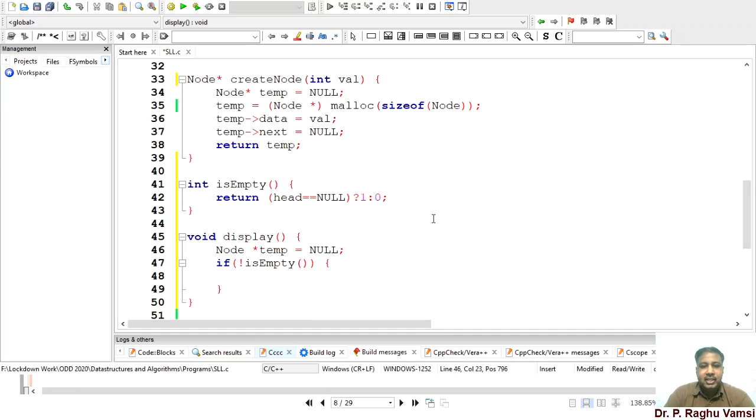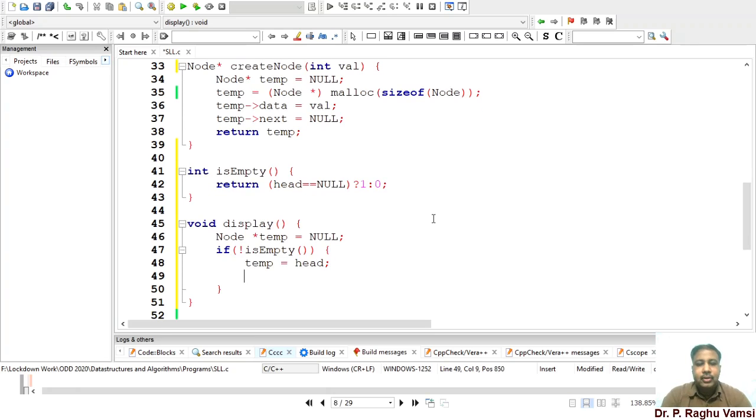If the list is not empty, then assign the head to temp, because with the head you should not do the operations. You should assign the head to some temporary variable. So node star temp is equal to null. If not isEmpty, then temp is equal to head.